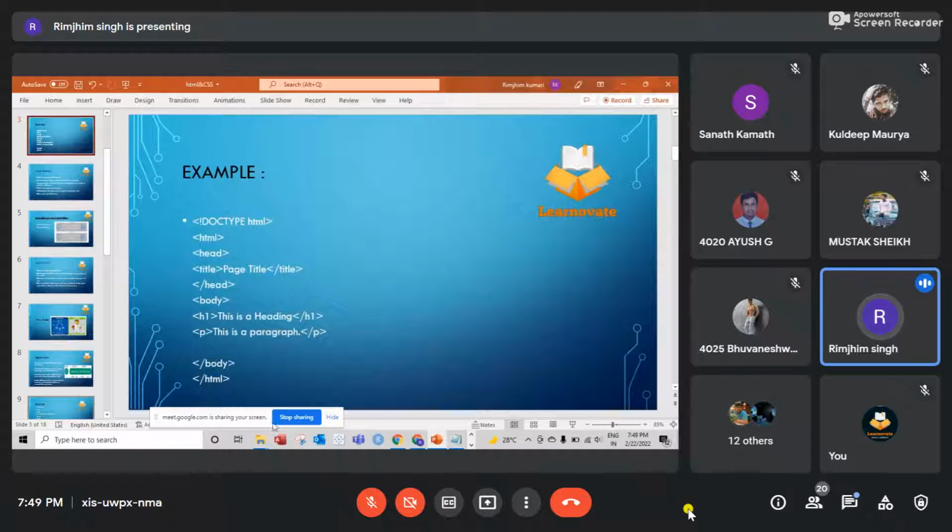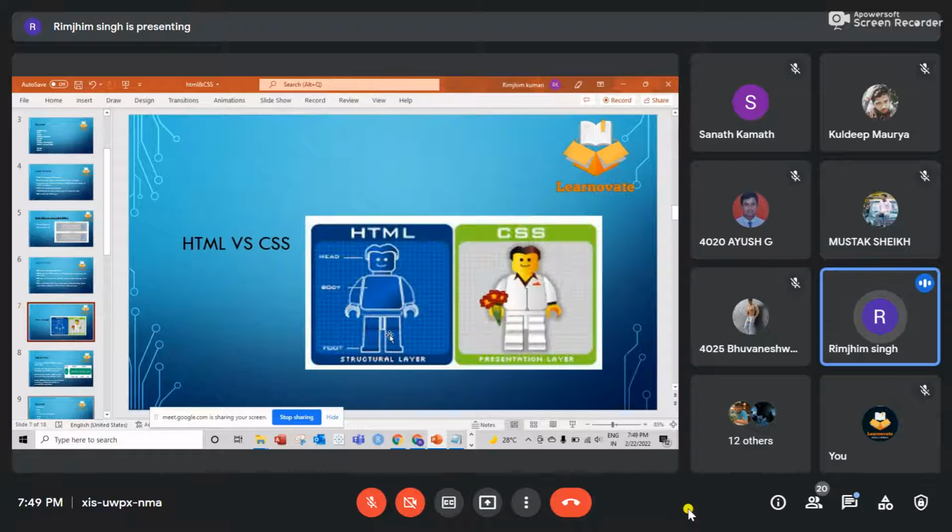This is just my particular structure which I have created, and if I just run this program, what would come is a heading, and a paragraph with no font, no color, nothing. So if I want to add designing to my web structure, in that case we would be using